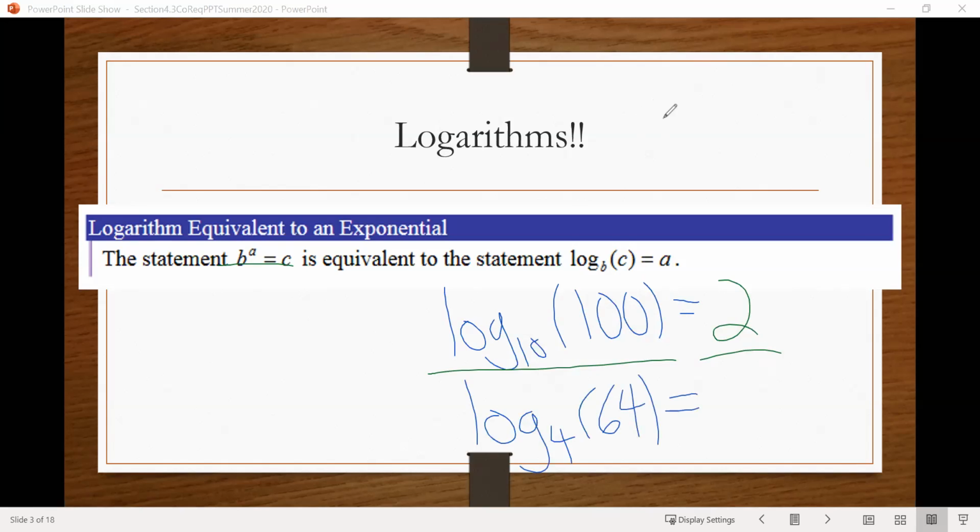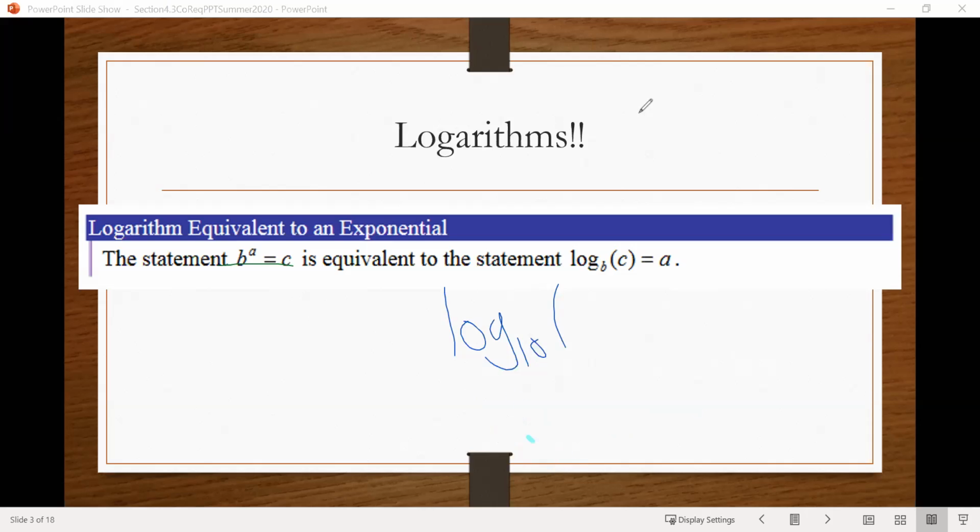Well, again, we're asking what power 4 has to be raised to give us 64. In this case, the answer is 3, because 4 to the third would give us 64. So that's how logarithms work. Now, the reason these are helpful,